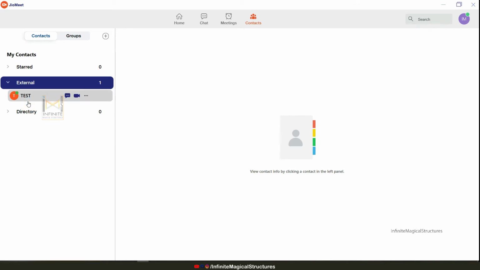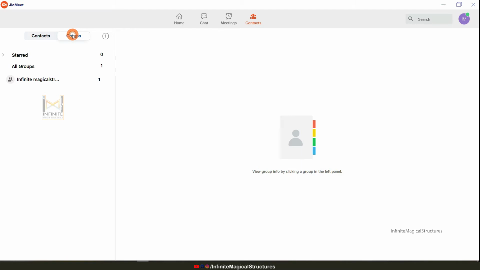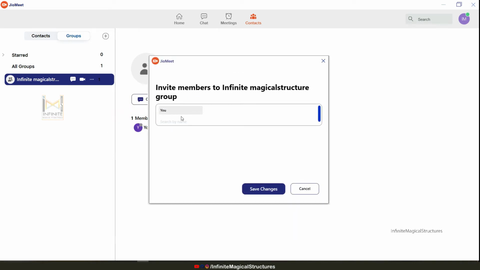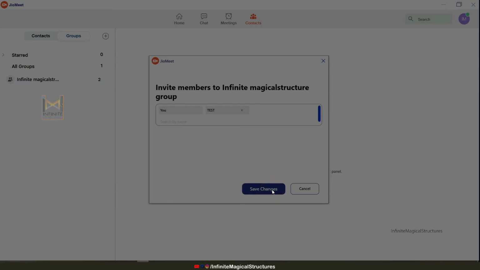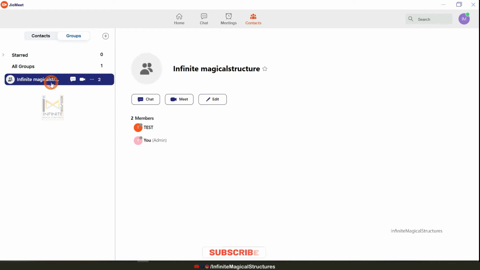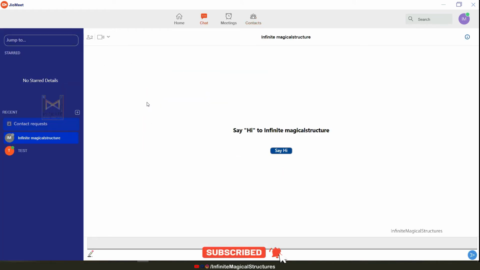After adding contacts, you can also add them to groups. Say for example Infinite Magical Structures admin, you can also add a member. Meet with video, meet without video, invite others, start this group, edit group, delete group. Invite others. In this I'm just going to invite my friend test, save changes. Once the group has been updated successfully, you can now start chatting.